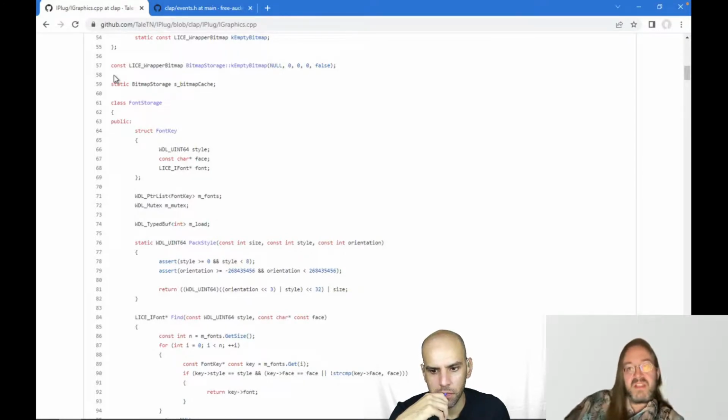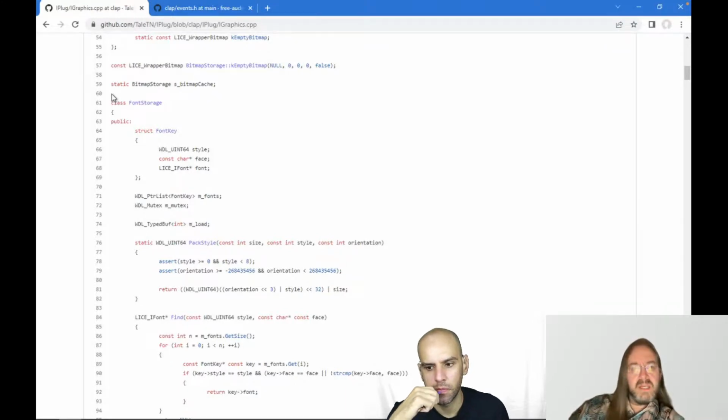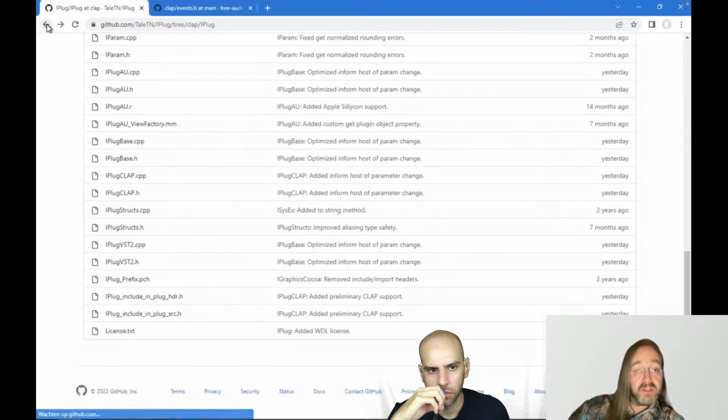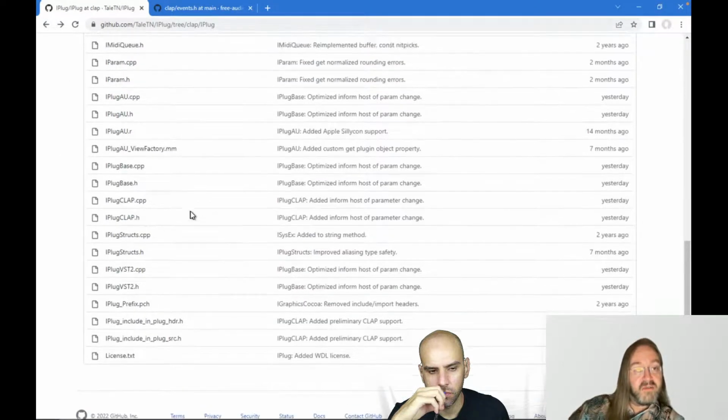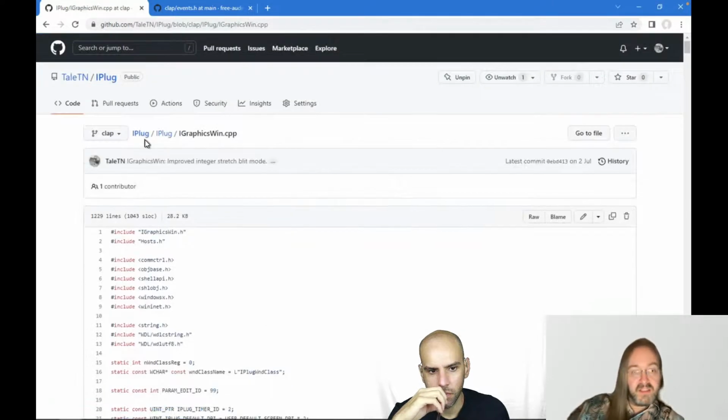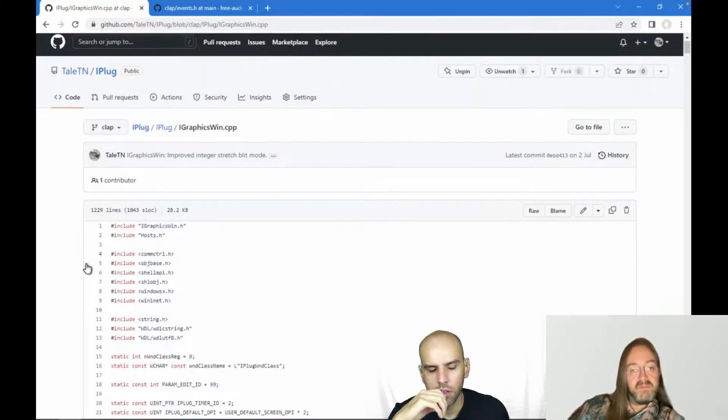So that's basically handling all controls. So sort of like a window manager or control manager. Okay. And then there are different versions of IGraphics for the different OSs. So there's a version for Windows here, and this does the actual drawing to the screen.